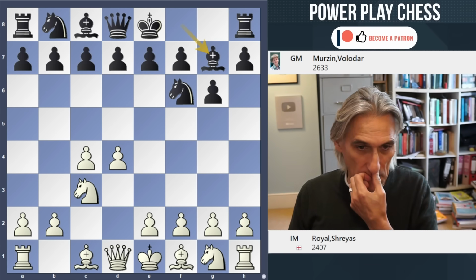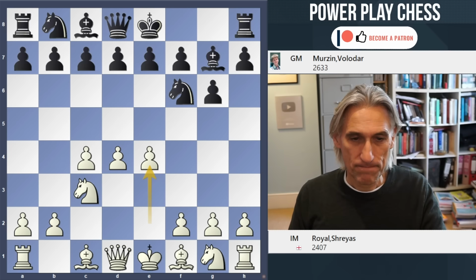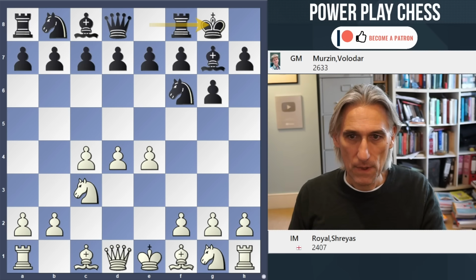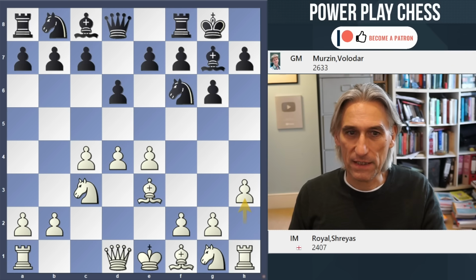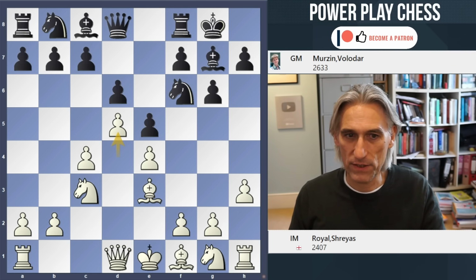King's Indian. Here we go. White claims the centre. Everything normal so far, and h3. Now, I really like this way of playing for white. So we've got this